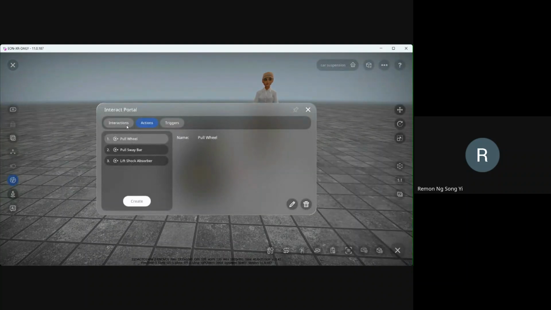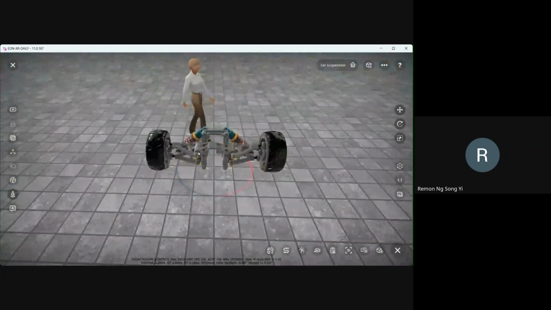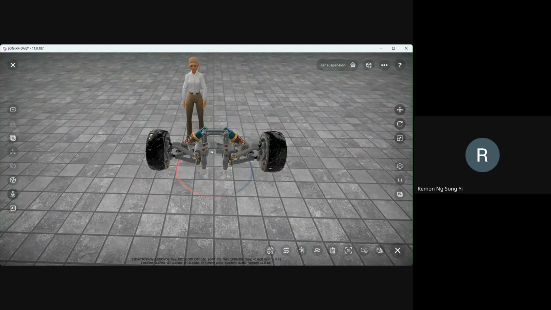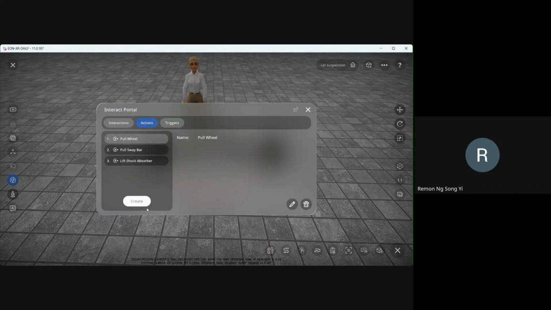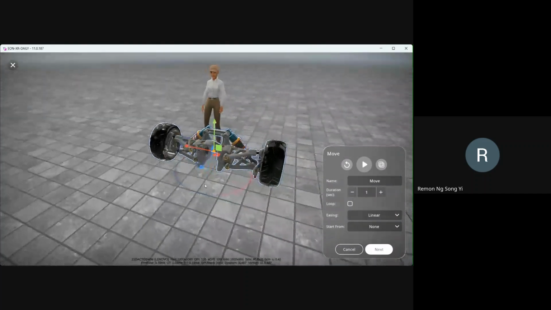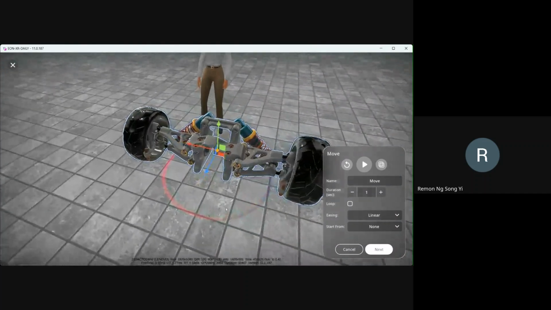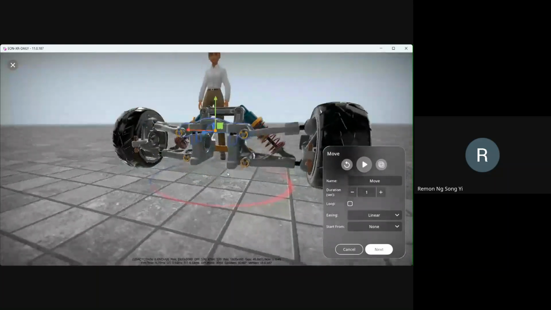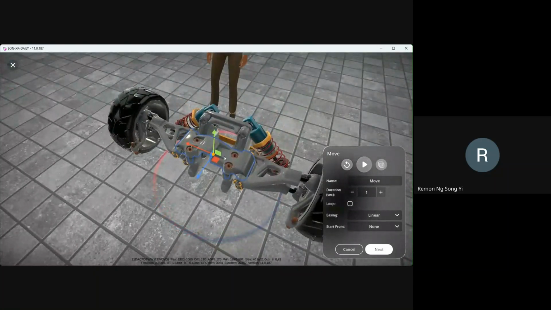Then the final step is I want to lift out these two things together. However, they are separate mesh parts, so I need to create two move actions instead of one. For example, I come to this move action, right? You can see it highlights only this bracket, but